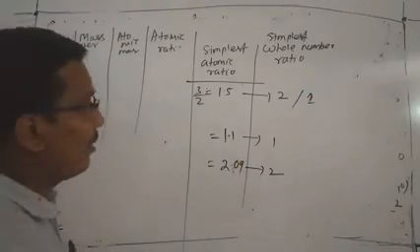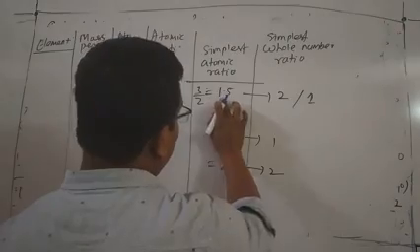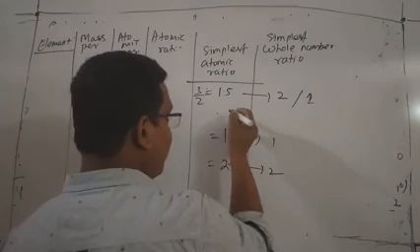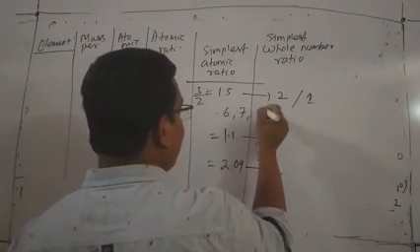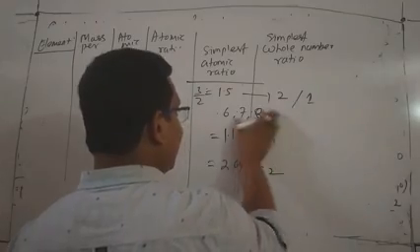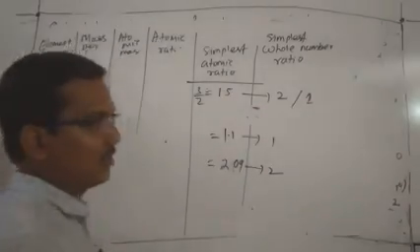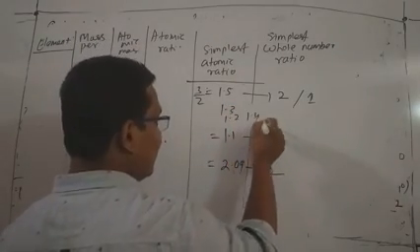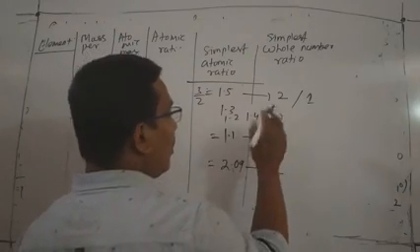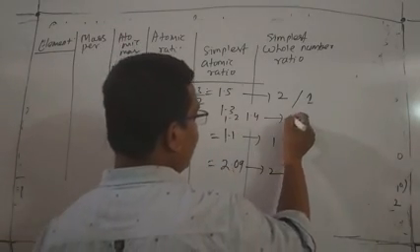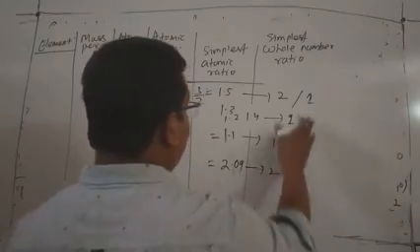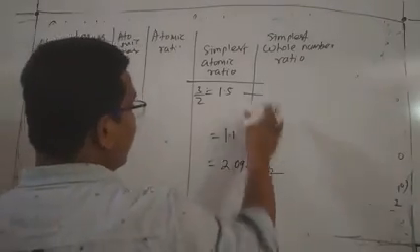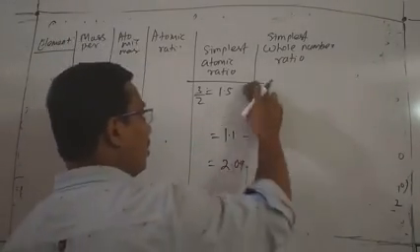This is very difficult to remember. Remember, if its value is more than 0.5, meaning 0.6, 0.7, 0.8, 0.9, just like that it is converted into the next digit. If its value is less, 1.3, 1.2, 1.4, like this, it is converted into the lower whole number, that is 1. But if its value is 1.5, then it is very difficult to convert whether to 1 or 2. It can be solved like this.